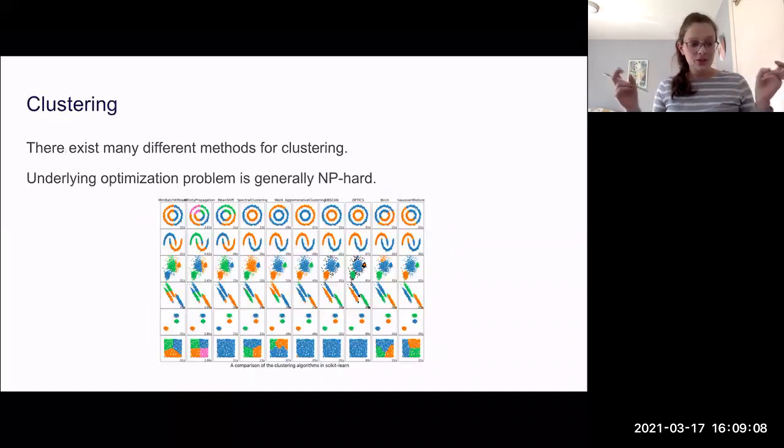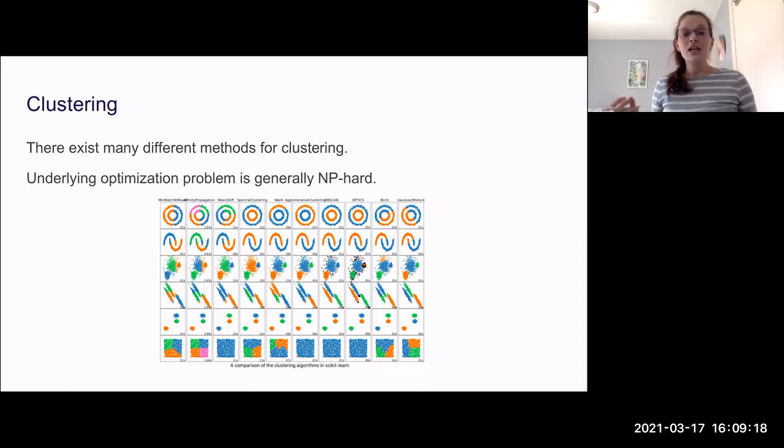And when I talk about natural subgroups, and we think about that picture on the right, what is a natural subgroup? Well, there's many different ways that we can define what it means to look like a good cluster. So this picture is from Python's scikit-learn library on their clustering page. On the rows are different toy data sets, and on the columns are different algorithms that they have implemented and the results that you'd get from running that algorithm on that data. And so from looking at the picture here, you can sort of see that different algorithms are approaching the problem in a different way.